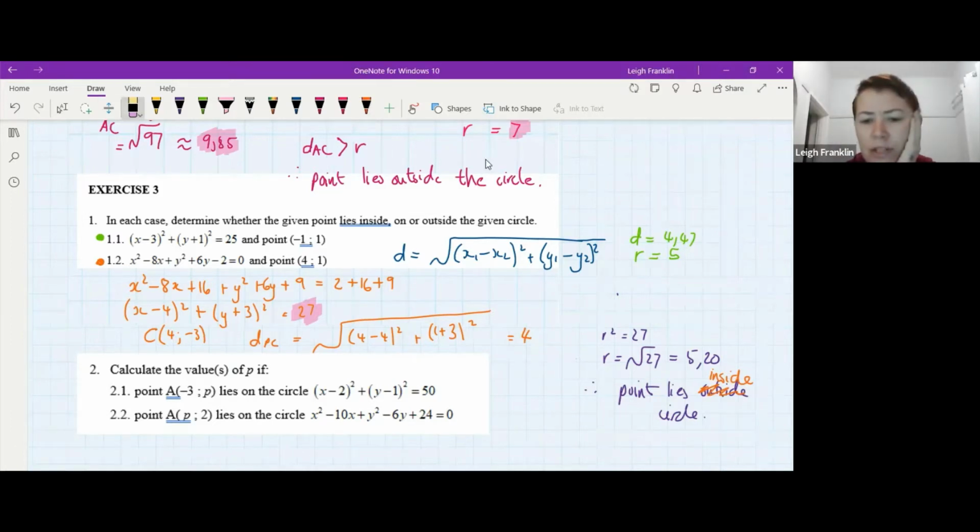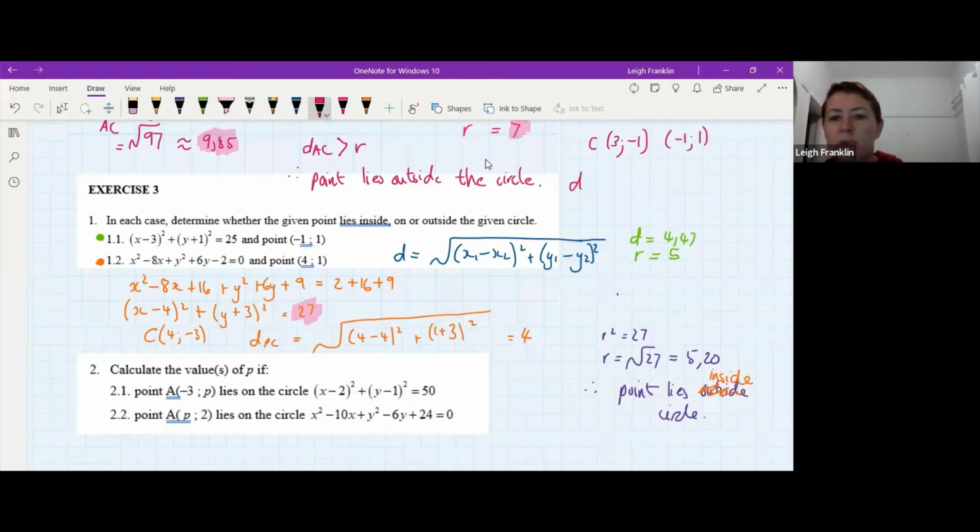Now somebody asked if we could go back and have a look at 1.1, which is also not a problem at all. So let's write down the coordinates of the center. At the center, the coordinates are positive 3 and negative 1. Now our point lies at negative 1 and 1. So now we want the distance between our point and C. We've got 3 minus negative 1, which is 3 plus 1, and here we've got negative 1 minus negative 1 squared, which leaves us with